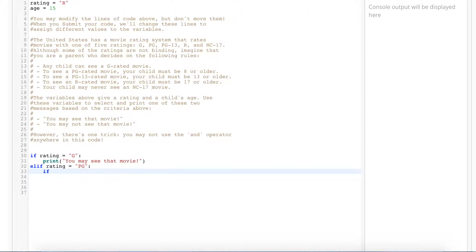if age is greater than 8, then we'll print that statement. Because if they're 8 or older, their age is going to be greater than 8. Here, we can use an else statement, and we can print